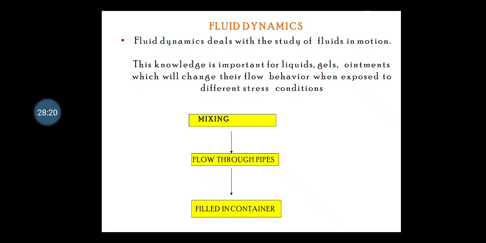So thus this flow behavior of liquids is of relevance in pharmacy. That's why we are taking this chapter here in our first half. The performance of a product ultimately depends on the net effect of all the mentioned processes, whatever I have discussed. Therefore the flow properties are used as important quality control tools to maintain the superiority of the product and to reduce batch to batch variations.